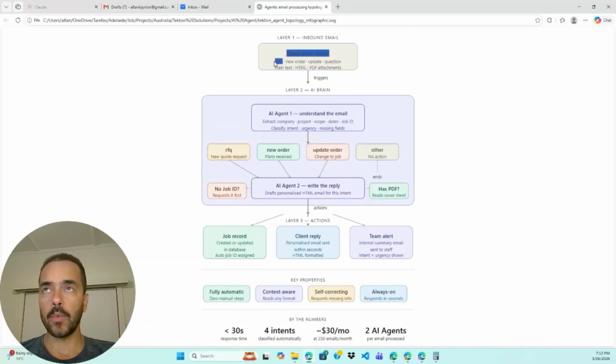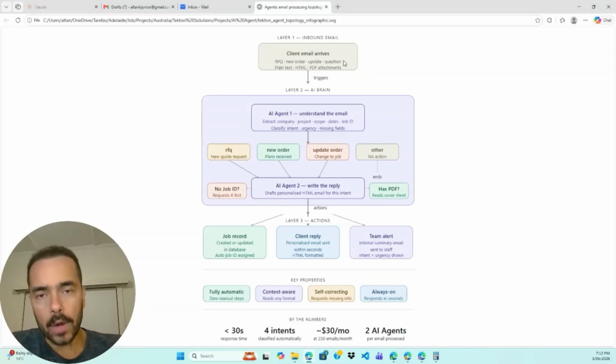So if the client is requesting a quote for a new order, or if he wants to update an existing order, or if he's going to ask any question, right? The first agent will be the one that differentiates that, and also analyzes the contents of the attachments like PDF or CSV or spreadsheets, right? So what's going to happen is the agent will check the information,